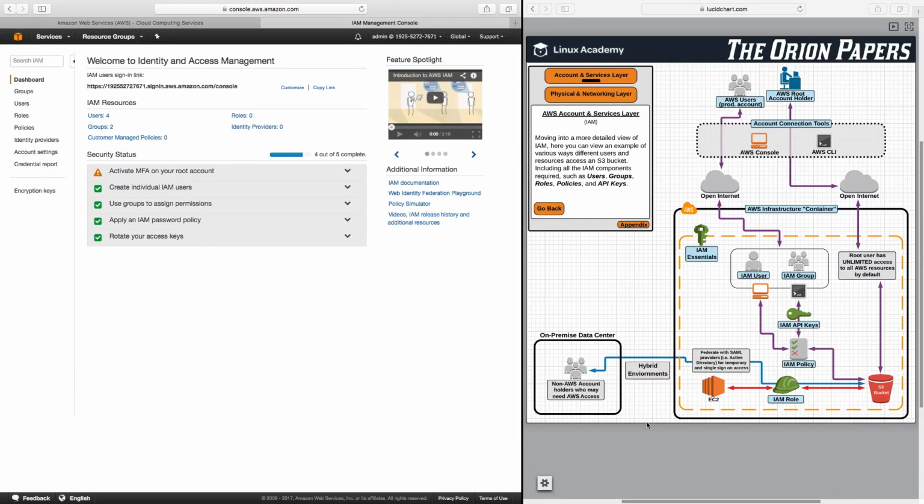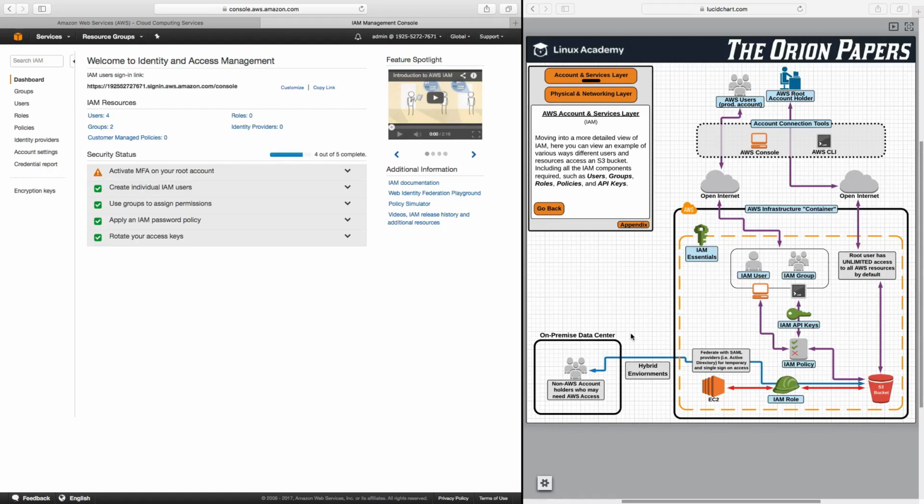So let's briefly take a look at our diagram over here. We're starting to fill in the knowledge gaps. And we can see here, like IAM policies, it's kind of the last thing we have here before we get to the S3 bucket, meaning that these are required components in order for users, or in this case with roles, either an EC2 instance or let's say a non-AWS account holder who may need temporary access to an AWS account or resource. So again, if you remember when we talked about policies, policies cannot be directly applied to other AWS